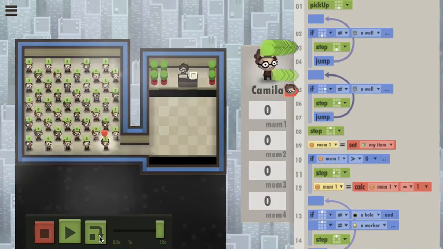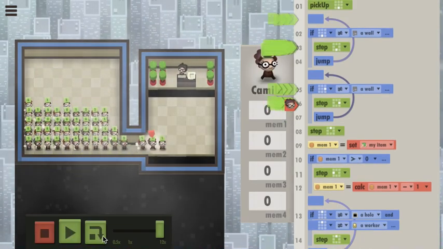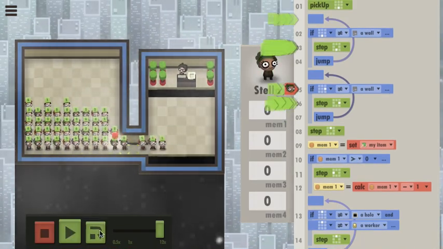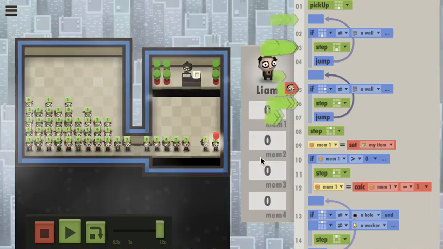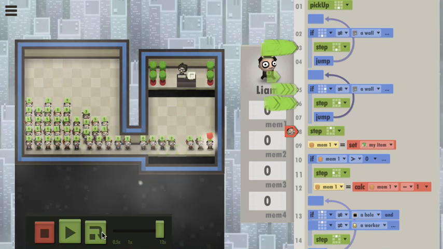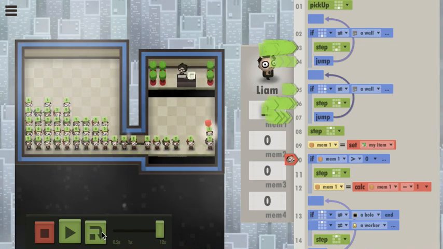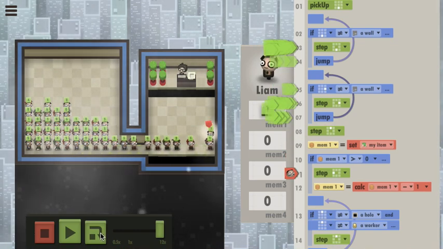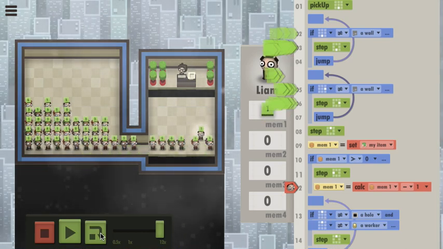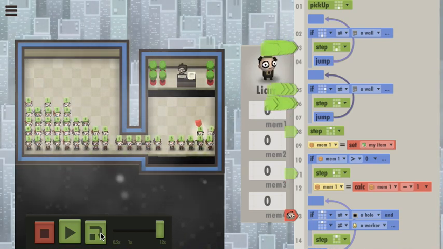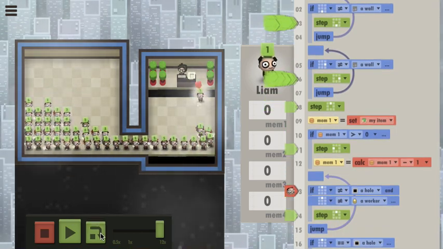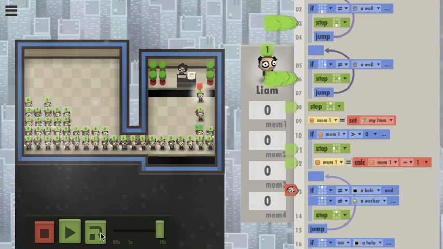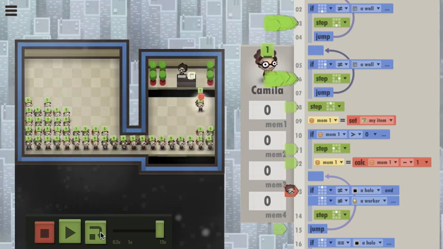That doesn't make any sense. Okay, first of all, he steps up. His memory should be 1. If it's greater than 0, step left. Subtract 1. She then